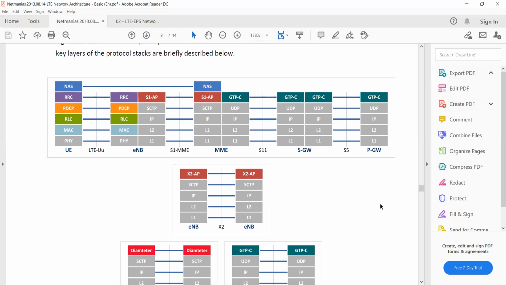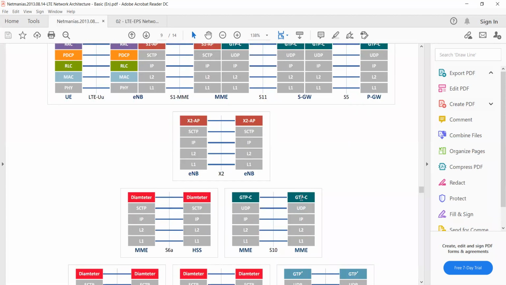Okay, drawn. So mostly if you are going for network testing, eNode B testing profile, they will sometimes ask you to draw a stack of eNode B. eNode B is interacting with the UE, eNode B is interacting with the MME, and eNode B is interacting with another eNode B. With these three stacks you can draw for that question.